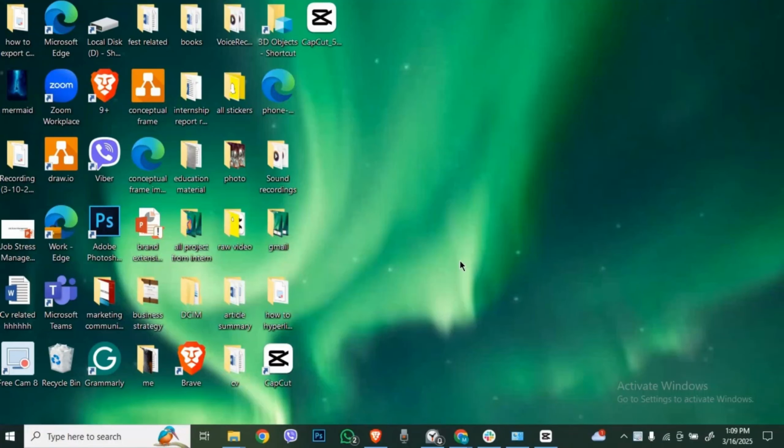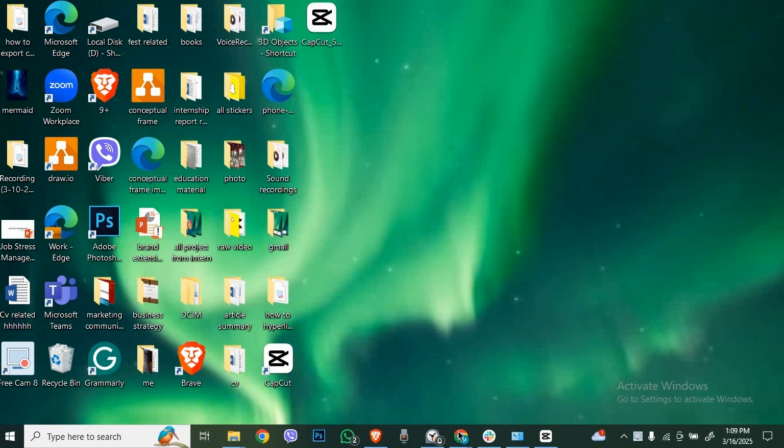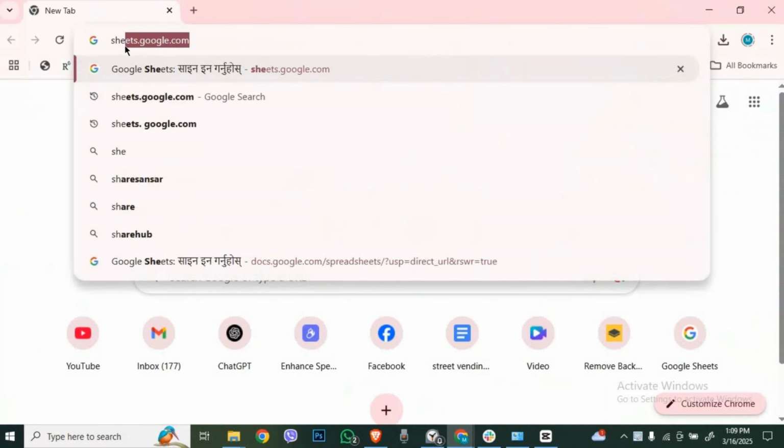Hello guys, need to access Google Sheet but not sure how to log in? No worries. Today I'll walk you through how to log in to Google Sheet in just a few easy steps. Let's get started. First, open your web browser and go to